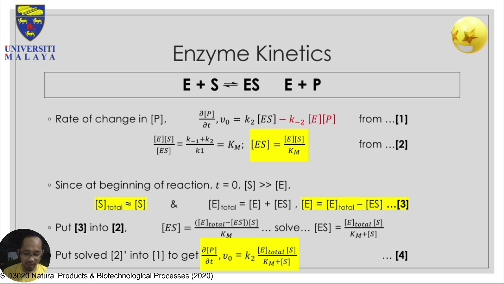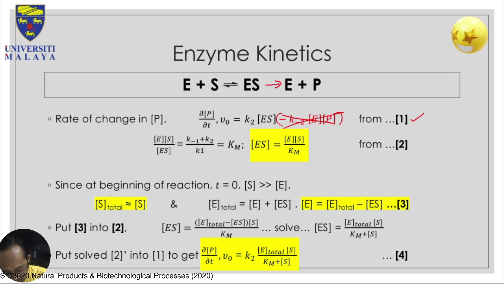Okay, now the rate of change in P, therefore, this is originally from 1. This is not the condition where we consider the equilibrium to be only moving towards the right-hand side, because of the assumptions that we made. The assumption is that at the initial rate of the reaction there is very little product formed, so you consider it negligible. So you take that out,